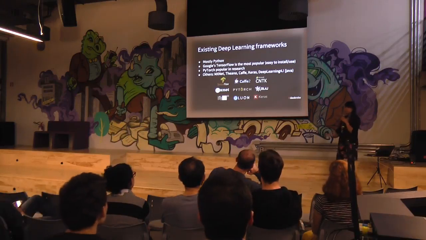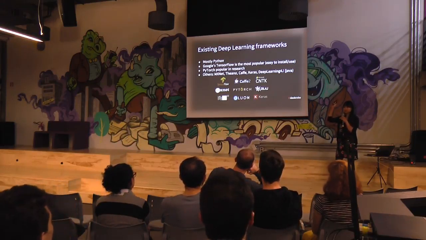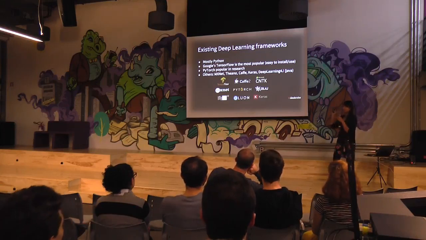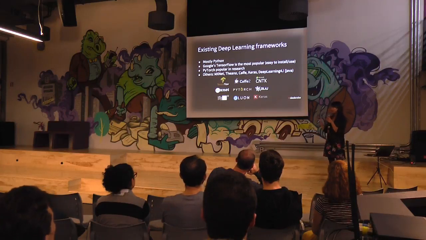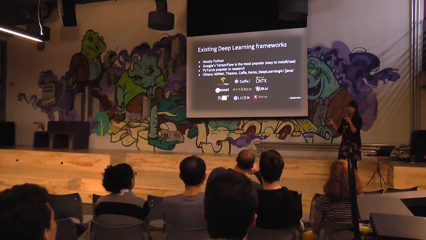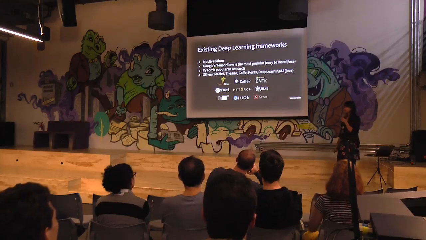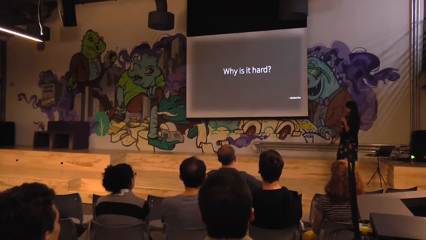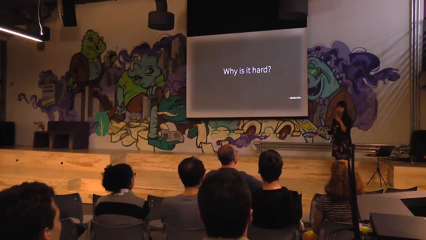So, who does deep learning? Couple of hands. So, deep learning is gradually becoming really popular. There are a lot of open source frameworks out there like TensorFlow, Keras, PyTorch, and it's getting really popular recently because compute power is getting cheaper and people can get their hands on larger instances for compute. So why is it hard, and why is it not super mainstream now compared to, say, linear regression and all of that stuff?